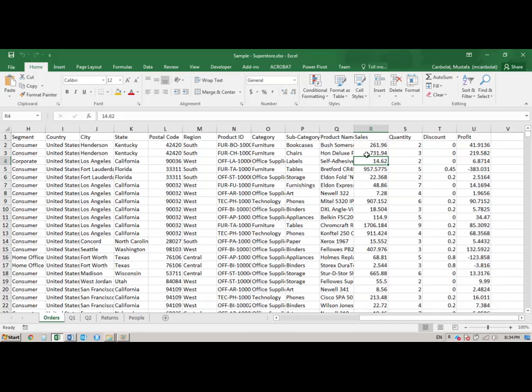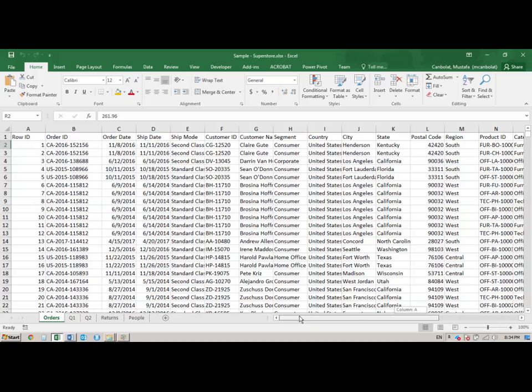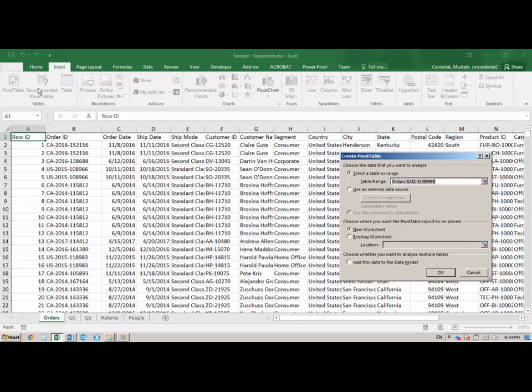But is there repetition in the sales amounts? And I don't understand why the sales values have more than 2 decimal places. Usually if it's a dollar value, it should have only 2 decimal places. But let's try to see if there is a repetition in the sales amounts, and then we'll look at which products are associated with those sales values, the largest one. So I'm going to insert a pivot table,